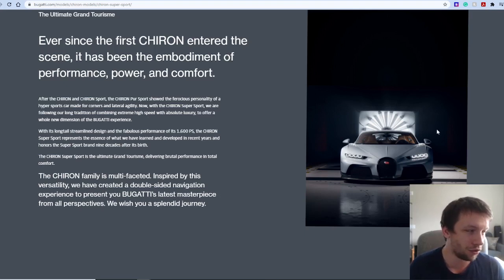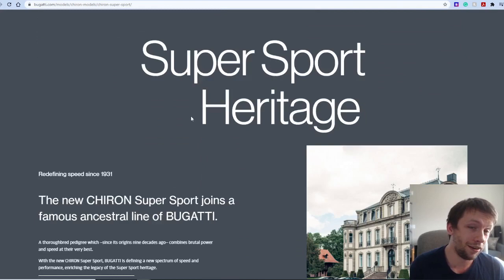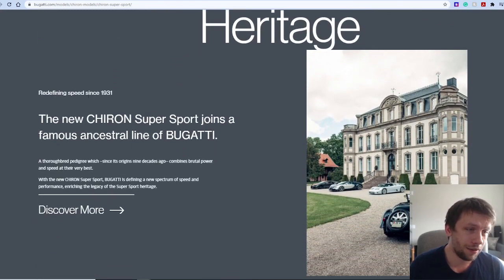So once again, picture over here, presence. Super Sport heritage. Redefining speed since 1931. The new Chiron Super Sport joins a famous ancestral line of Bugatti, a thoroughbred pedigree which, since its origins 9 decades ago, combines brutal power and speed at their very best. With the new Chiron Super Sport, Bugatti is defining a new spectrum of speed performance, enriching the legacy of the Super Sport heritage. So this is really, really cool because you get the Type 51, the EB110, but not just any,